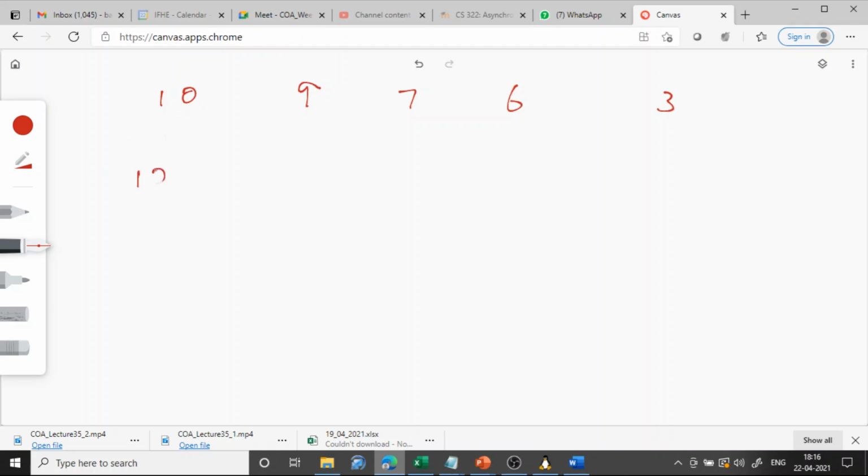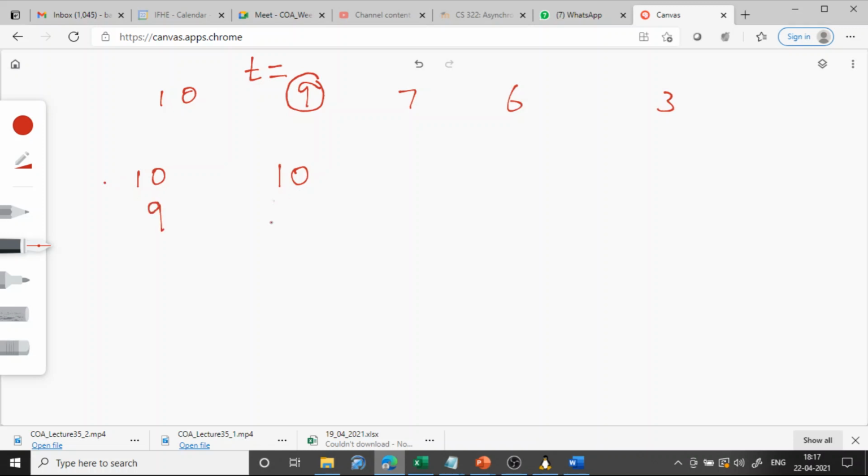First we take only 10, only one element, so keep it in the first location. That's it. Now take 9. When you take 9, you just compare it with the previous element. Is the previous element greater than this 9? We keep this 9 in some temporary variable t. Is it greater than 9? Yes, then copy that in the next location also. Now this location is also 10, this location is also 10. Now you go to the previous. Is there any previous element? No. As there is no previous element, this first location we will replace with 9.